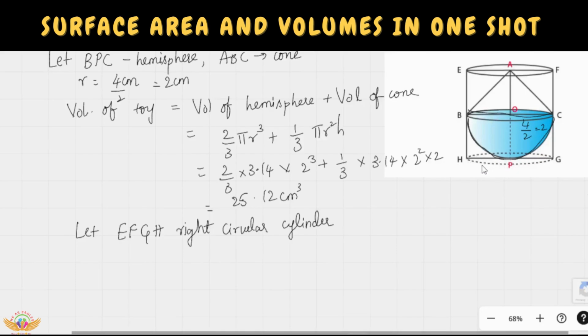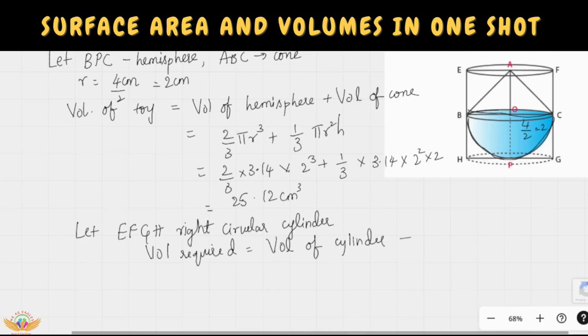So it is, yeah. This is also, the radius will be like 2 centimeters only, right? Yeah. Done. Same only. Let us find out now. So the volume required will be equal to the volume of right circular cylinder